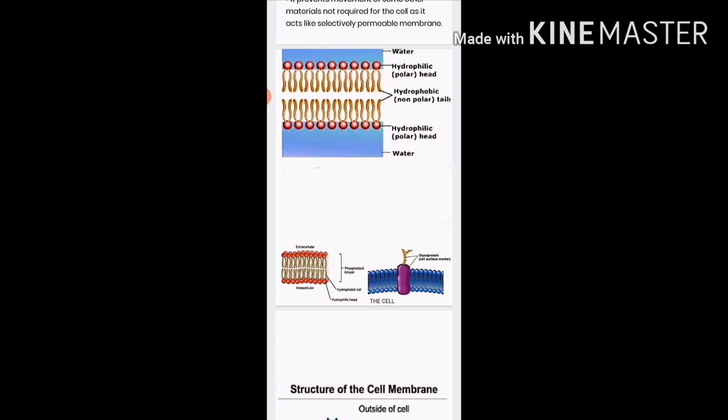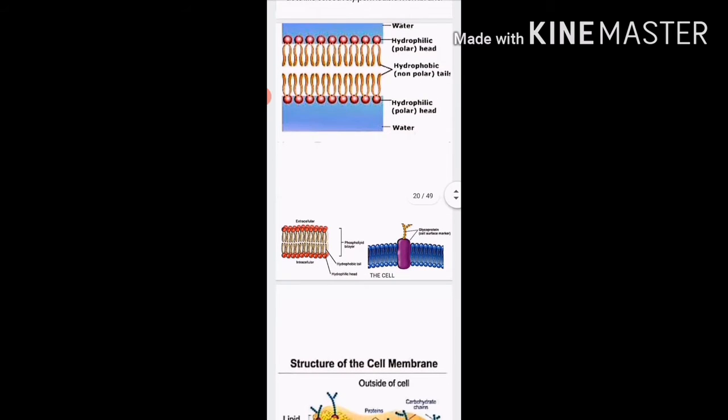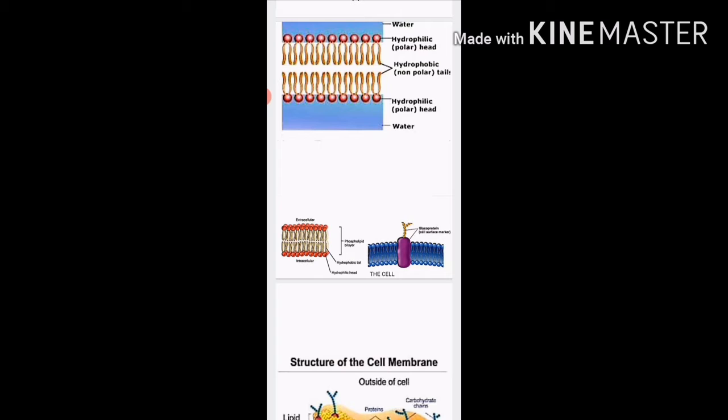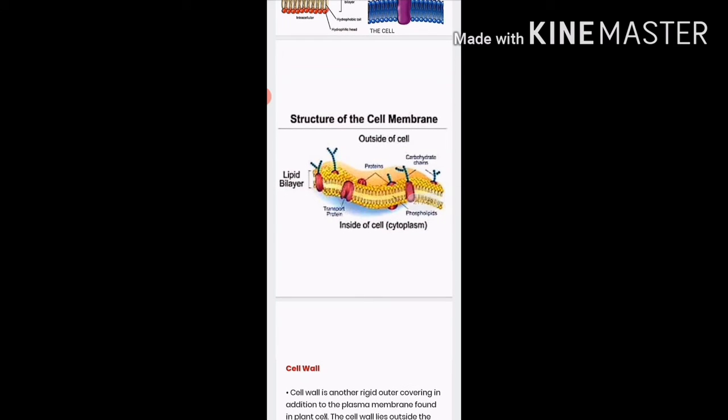Correct, students? Now, in the lower part of the same slide, you can see how the two layers are, and the violet color portion you can see in the third picture is getting embedded between the phospholipids, that is the protein molecule. This protein molecule is acting as a tunnel, which is very clear in our next slide, slide number 21. You can see that there are two lipid layers, and in between, the orange red color portion is the transport protein. Correct? Through this protein, the substances enter and move out of the cell.